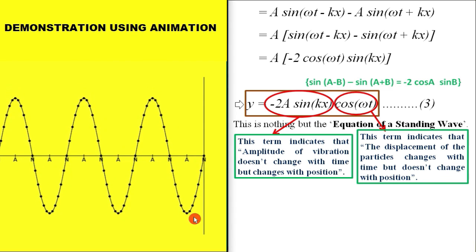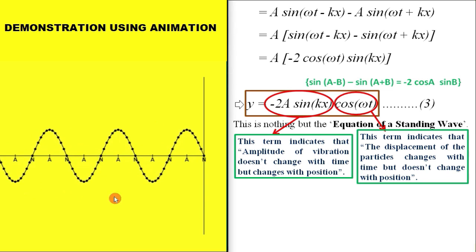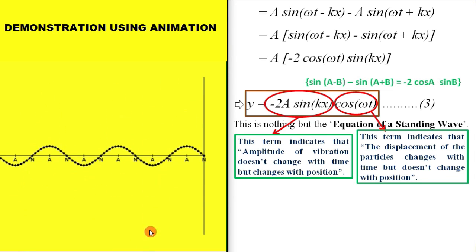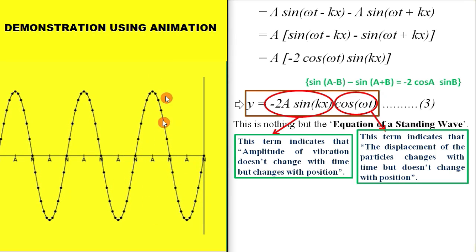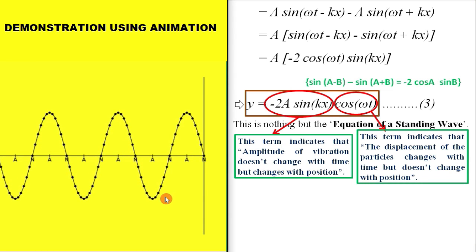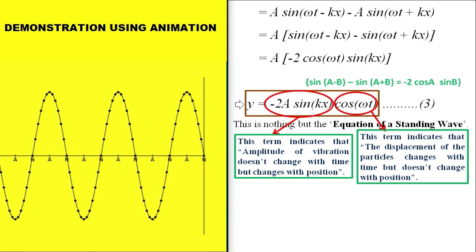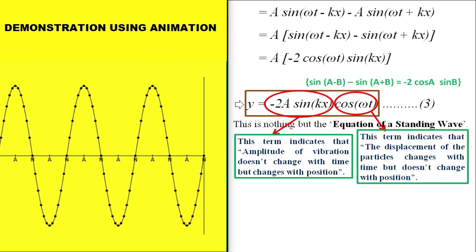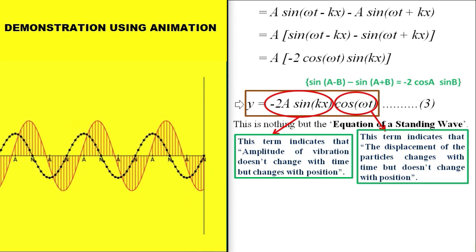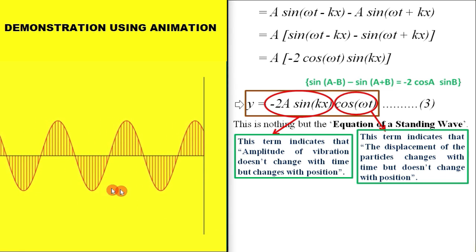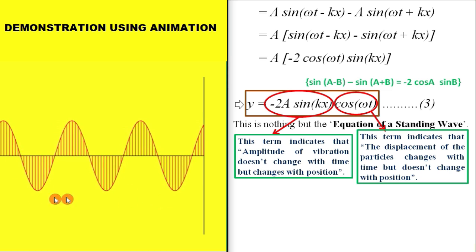And you can see here the particles are not looking like they are progressing, they are just dancing at one place, moving up, coming down, moving up, coming down. They are not looking progressive at all. Just watch this line this way. Okay, then watch this way. Let me show you the incident wave. This wave is completely looking like it is moving forward,